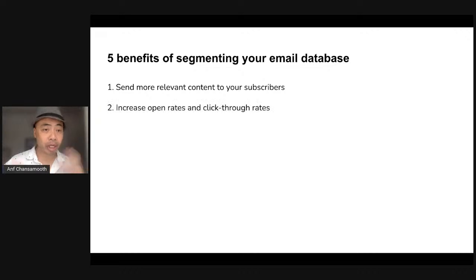Number 2 is it will increase your open rates and your click-through rates, right? So open rates are, when you send an email to 100 people, how many of those 100 people are opening up that email, right? That's called the open rate. And then click-through rates are inside the email itself. If you have links to web pages, to landing pages, to sales offers and these sorts of things, click-through rates are how many people who have opened up that email are now clicking through and going to the pages that you're trying to direct them to with the next action,